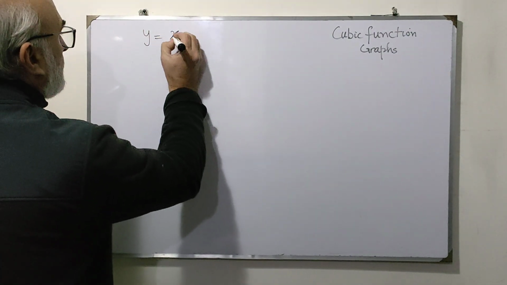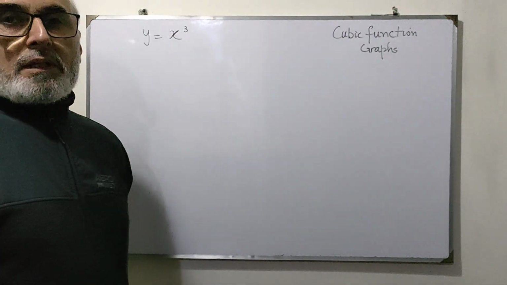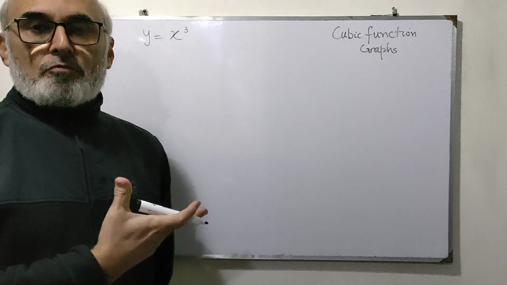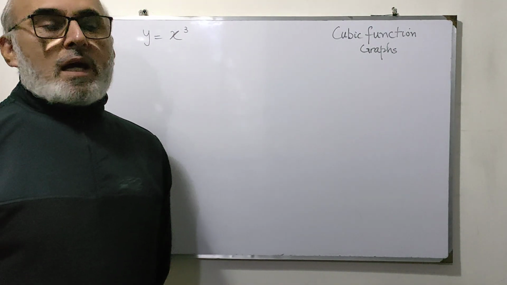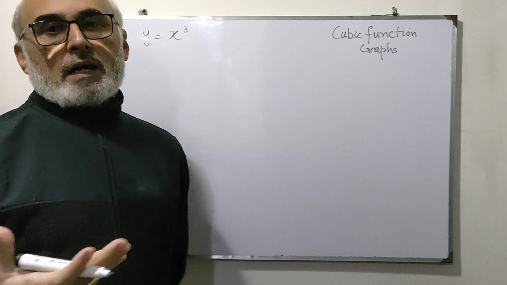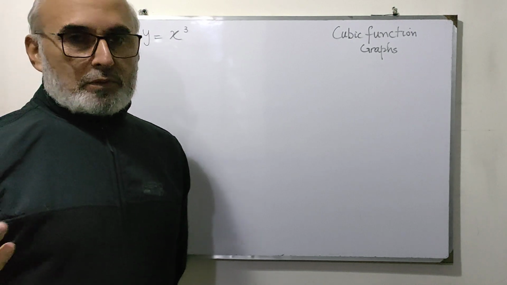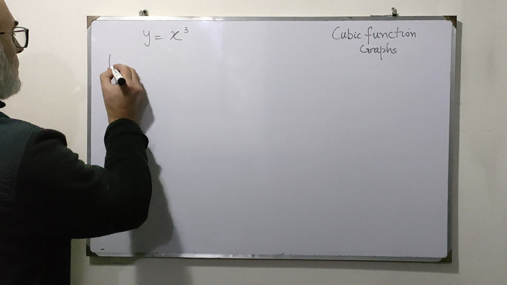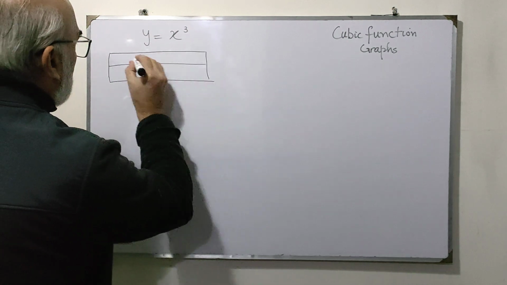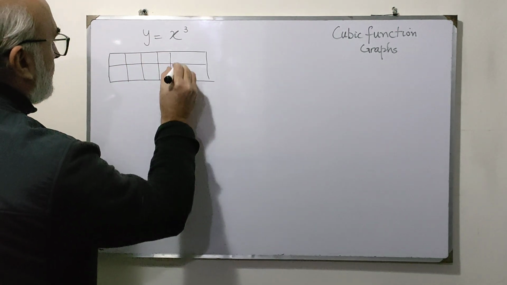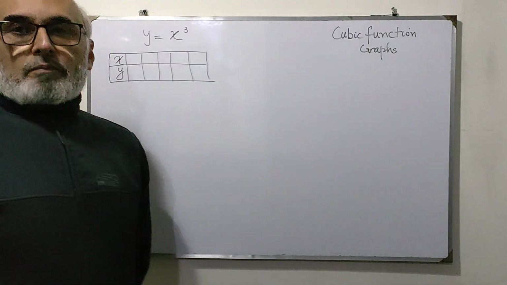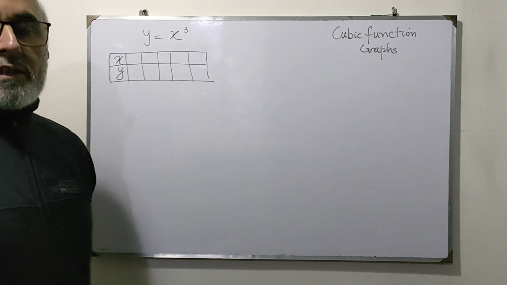Y is equal to x cube. A very simple cubic function, okay? And we're going to take some values for this polynomial, and then we're going to plot those values, and let's see what kind of a graph we are going to get. Okay, so x and y values. Now, starting with 0, if we take x equals to 0,